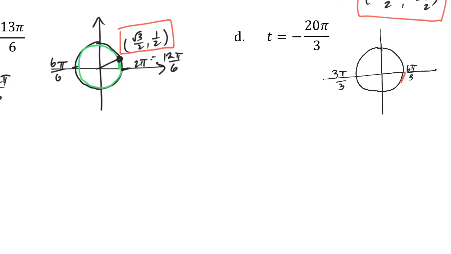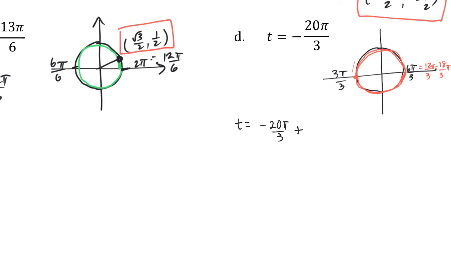But if I keep going, this is the same thing as 12 pi over 3. Keep going again: 13, 14, 15, 16, 17, 18 pi over 3. Okay, so if I'm going to deal with this t of negative 20 pi over 3,